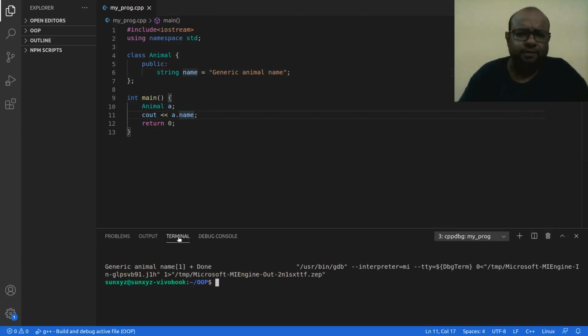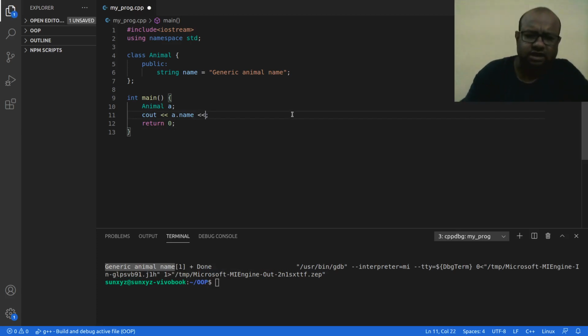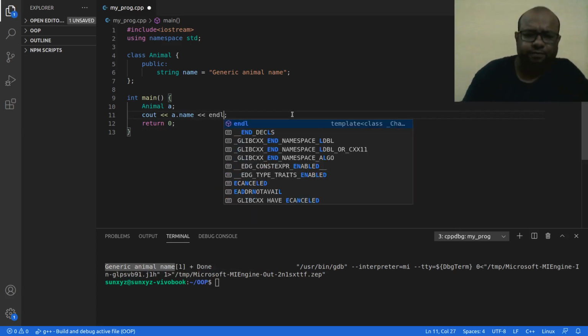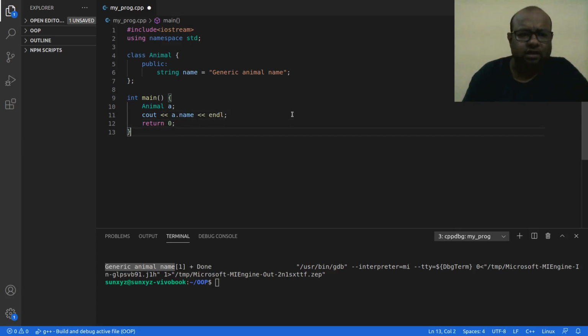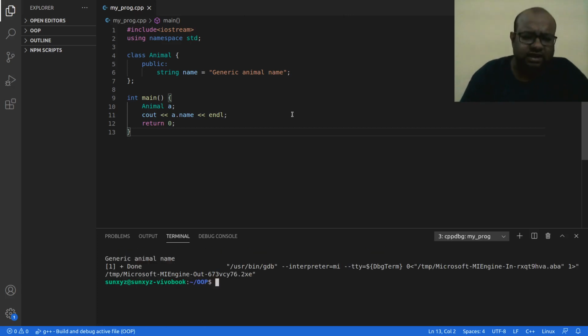This object A of class animal, I am accessing the name of this animal, and then this generic animal name is being printed to my standard output, right? So let me make the output beautiful. Let me write a new line at the end. So let me recompile, and yeah, now I have the beautiful output on my terminal. So it says generic animal name.